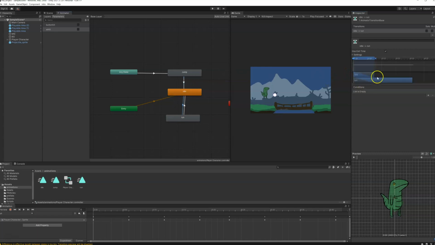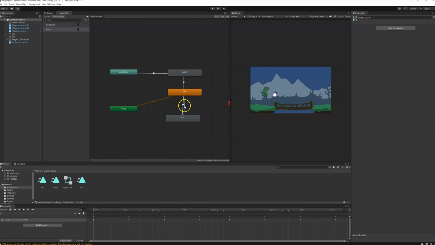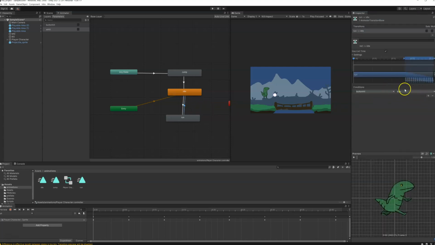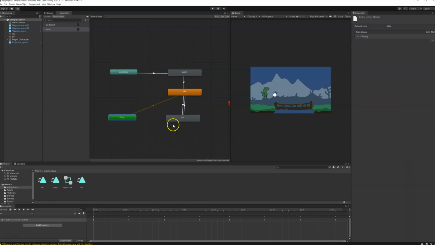And then from idle to run, we're going to add button hit true. And then from run back to idle, we're going to add button hit false. So now we have our different conditions telling the game when to go from each animation to the other. So at this point, if we press play, nothing's going to happen because we've yet to actually reference these animations